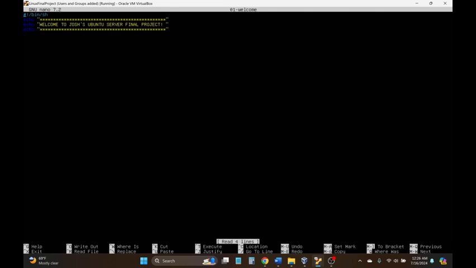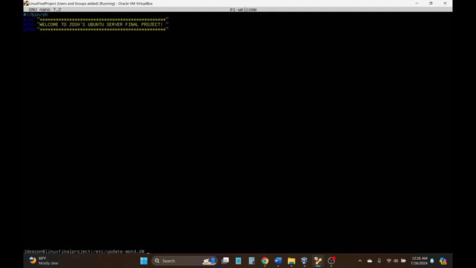So now we can see our script. You're going to want to start off with hashtag exclamation point bin sh, and then echo back what you're going to want to reply back. You can put stuff in between. You can have it pull certain system information, but this one we just have it saying welcome to Josh's Ubuntu server final project. So when we go back out, clear,